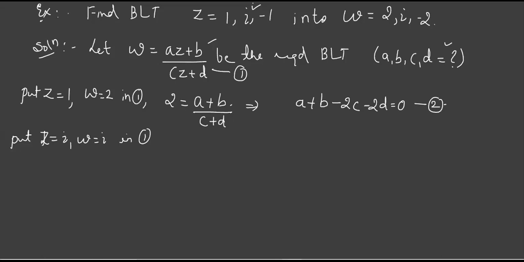So if I substitute i in place of w, this is like (ai + b) divided by (ci + d). Correct? Now, same way we have to do. First, you transfer the terms and take the terms on one side. Already what we have is ai + b. Be a little careful. If I shift my ci here, this ci into i is i square c. What is i square? Minus 1. So if you cross multiply, the quantity will be minus c.